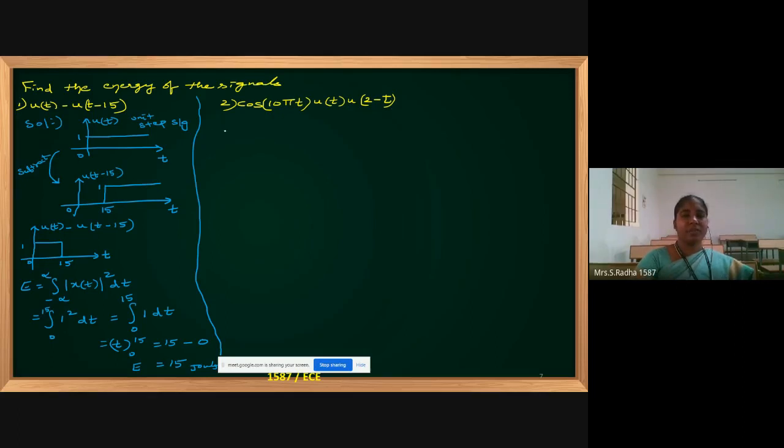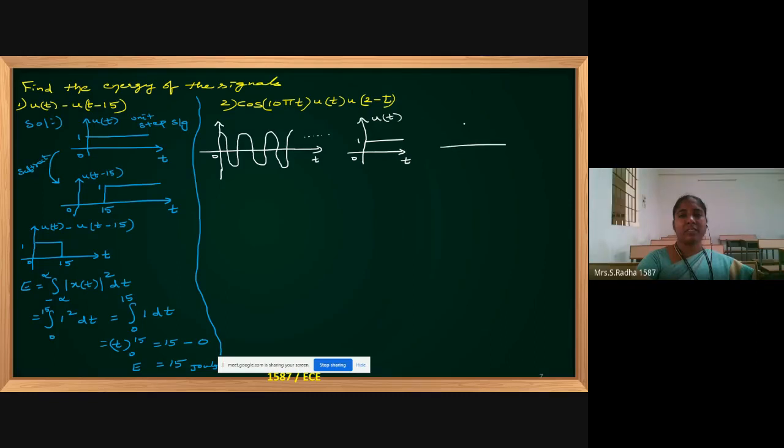Firstly we know cos is a periodic signal and it starts from the y-axis. It will have a positive cycle and a negative cycle continuously. U of t is only present on the right side. If you draw the left side, after multiplication only the right side will remain, continuing up to infinite. Now this is multiplied with the u of t signal, where u of t is shown with x-axis t.